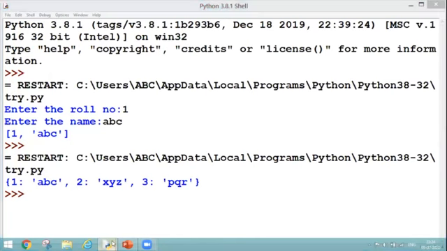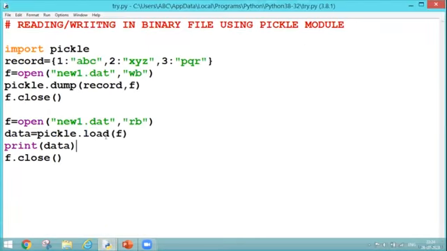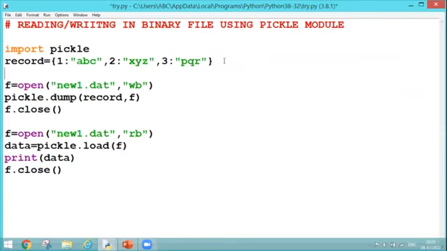One more variation I want to talk about: as we have said, it works upon mixed data types, and we are calling our data an object. So what does it mean? It means that once my file is writing the data or reading the data, it reads and writes in object format. That means one object will be written at a time and one object will be read at a time. So if I create another dictionary, let's say